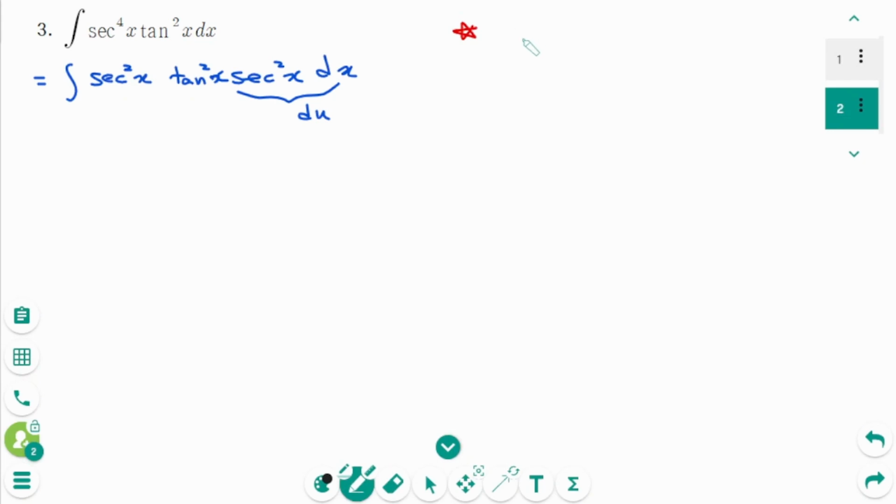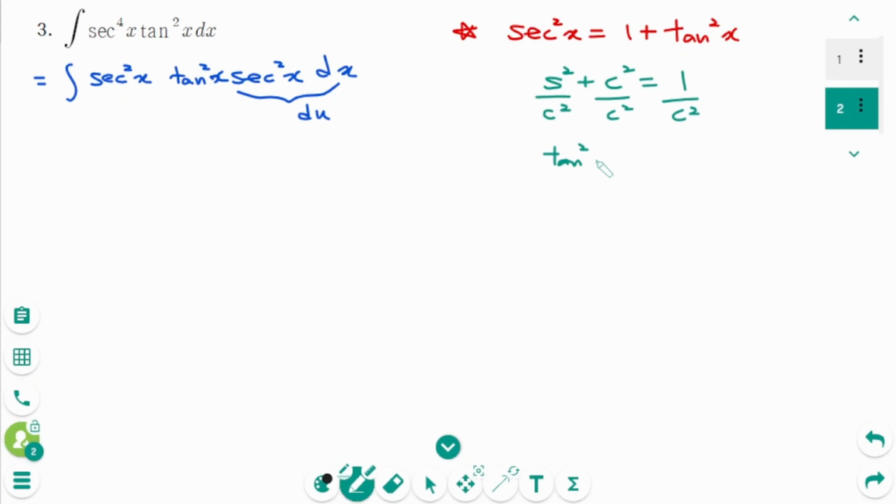Use the trigonometric identity. Secant squared x equals 1 plus tangent squared x. If you don't remember this formula, start with sine squared plus cosine squared equals 1. Then divide by cosine squared on each side. Then sine over cosine is tangent. So tangent squared x plus 1 equals 1 over cosine the secant. Then secant squared x. Back to the original. The integral of secant squared x is